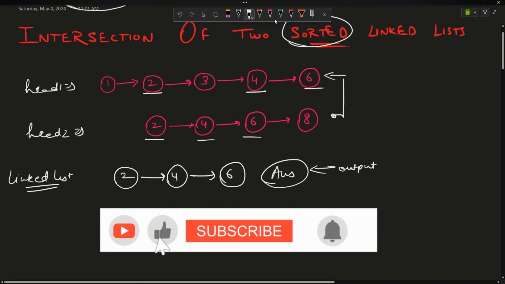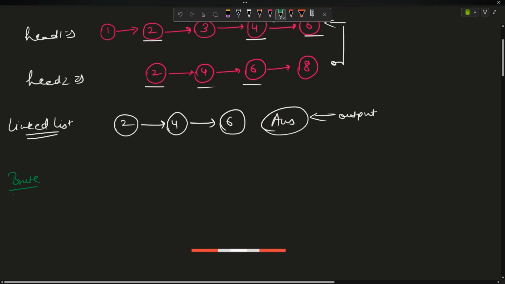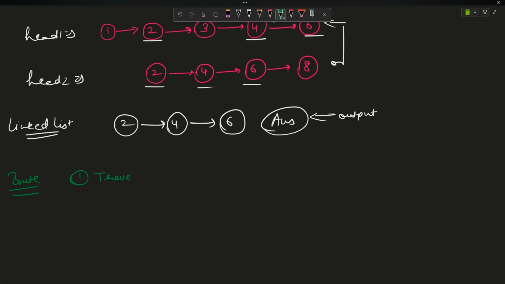How will you proceed? So as usual, we will be discussing our brute force approach first. The brute force approach says to traverse either linked list. Let's say you are traversing head 1, right? You are using traversal for head 1. Now what will you do? You are initially here at temp. Now your approach should say that I will traverse the whole linked list 2, 4, 6, 8. If I find a value that is equal to this value, that means this node actually exists here also and here also. So I will say traverse either linked list